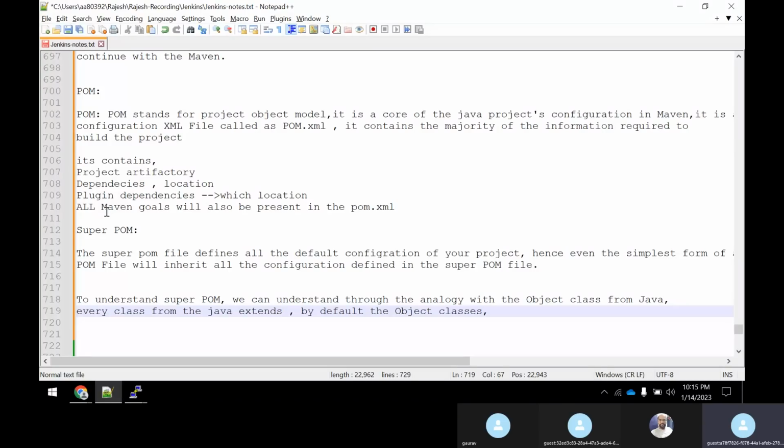So now what I'm trying to tell is that in the case of pom, every pom extends a super pom. It means that whatever the main pom is, the sub pom will always inherit the main parent pom.